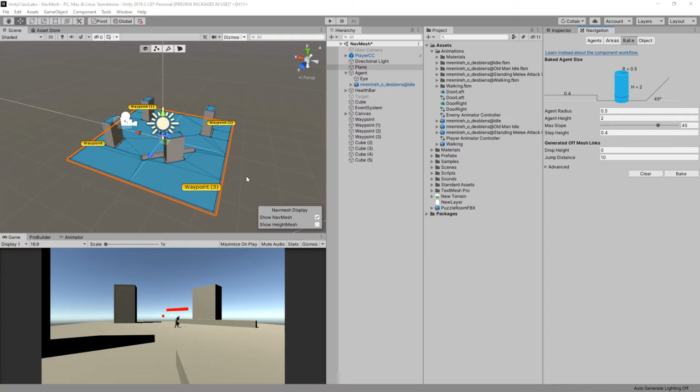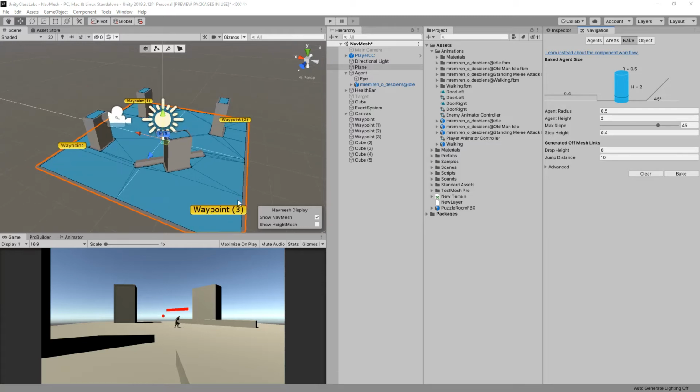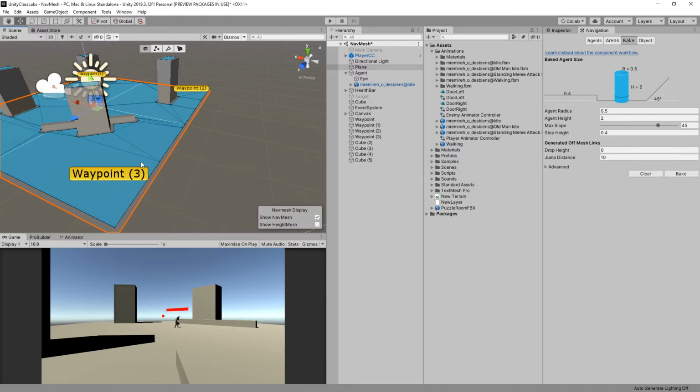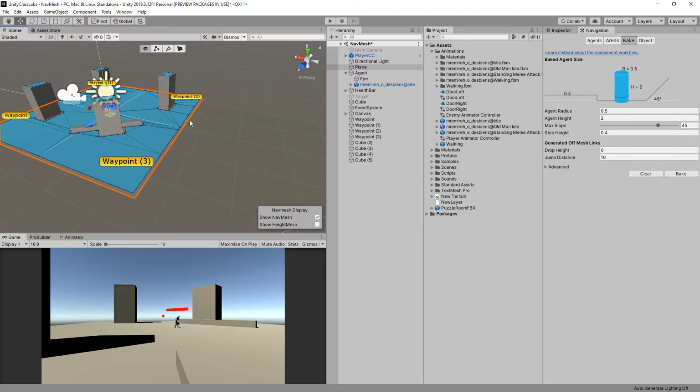In this video we're going to take a look at off mesh links, which allow us to link together two navigation meshes. As you can see here in this example, we have this navigation mesh and it's got this space here, and that's as far as the nav mesh agent can travel to be able to follow our player in this particular example. What the off mesh links will allow us to do is have the nav mesh agent move to other areas, as if it was moving to another portion of a level or down or up a particular area. These off mesh links can generate areas for the nav mesh agent to be able to